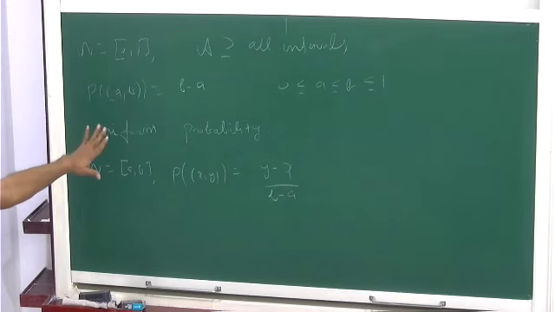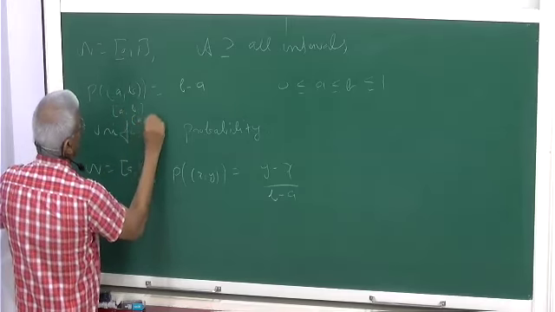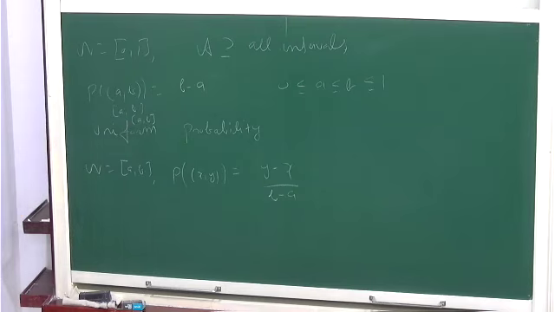For a closed interval, it will be the same. It will be the same for any interval, closed AB or any half open, half closed, anything. Because the probability of the whole set would be 1, no? That's why.